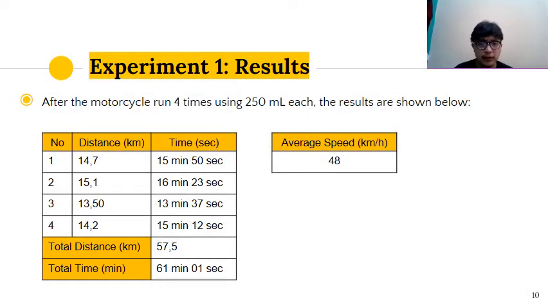Next, we will talk about the result of experiment one. After the motorcycle ran 4 times using 250 ml each, the results are shown in the table below. In the first trial, the motorcycle reached 15.7 km and took 15 minutes and 50 seconds. And then the second trial, the distance is 15.1 km. It takes around